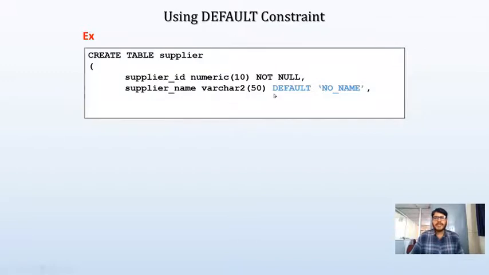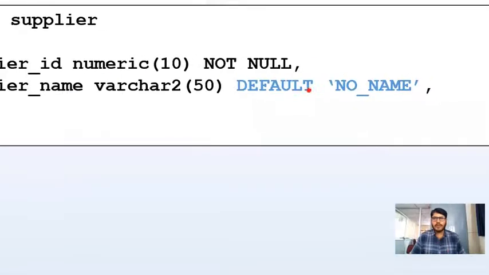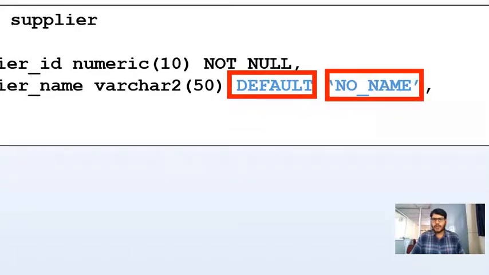How to specify the default constraint? You can see here I'm going to use the default keyword, and after this we need to specify a value. Assume that for supplier name, suppose I'm going to store null values.